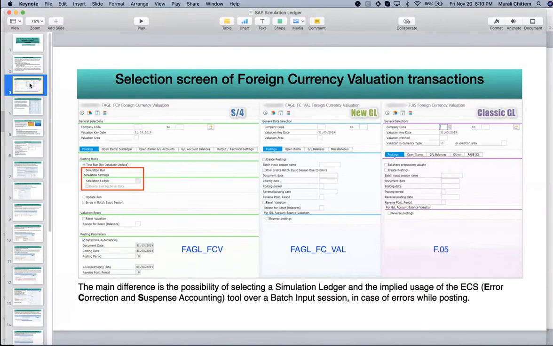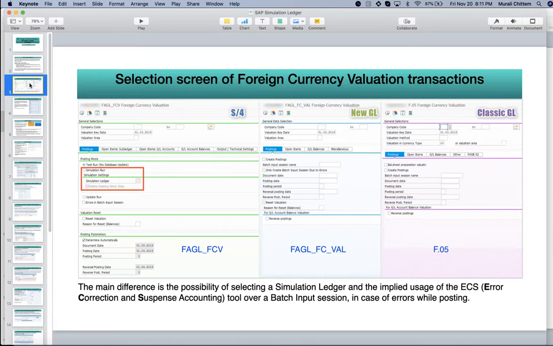The middle one is new GL, with transaction code FAGL_FC_VAL. And the right one is classic GL, F.05. There are many improvements from classic GL to new GL, then S4HANA. In S4HANA, the main difference is the simulation ledger.